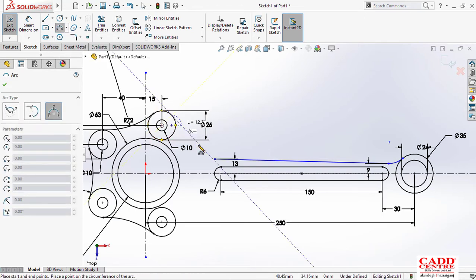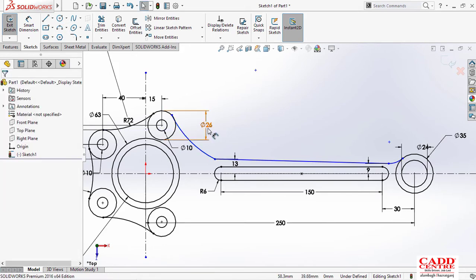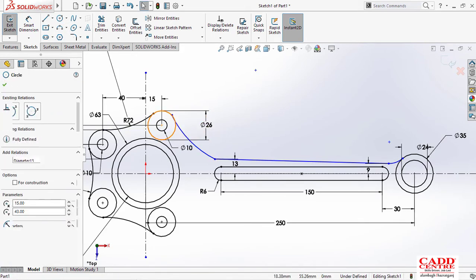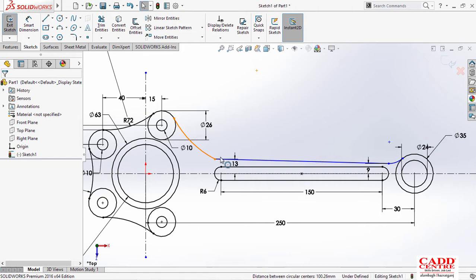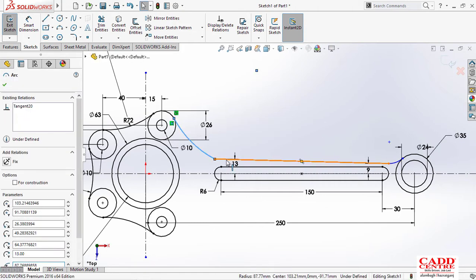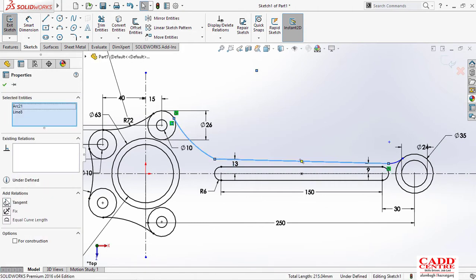Three-point arc, first this one and this one. First I'll provide the tangency condition, both this one, tangent, also this one and this one, tangent.